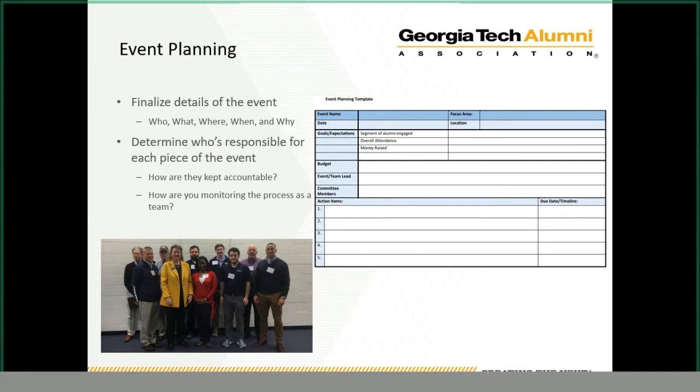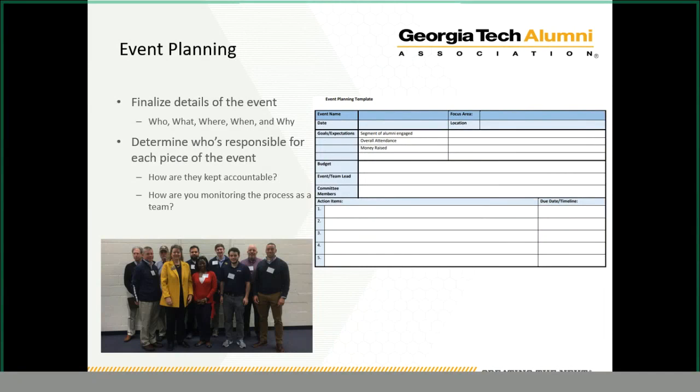So this form, or something like it, this is the event planning template from the toolkit. This might be something that the event lead handles, the person that's kind of taking the lead of the event. But if there's not one specific person taking charge, then it could be a document that you complete during a leadership meeting. Even if there is an event lead, be sure that everyone remains in the loop so that no one person is responsible for everything. You might feel like there's only one person on your team that handles everything, but that is not at all what we expect out of a leadership team, and frankly, probably needs to be its own future webinar, but we'll talk about that later.